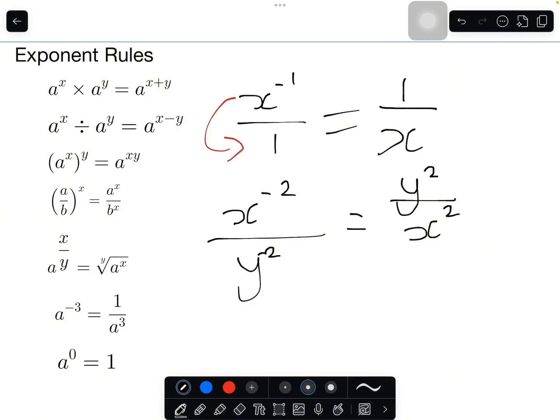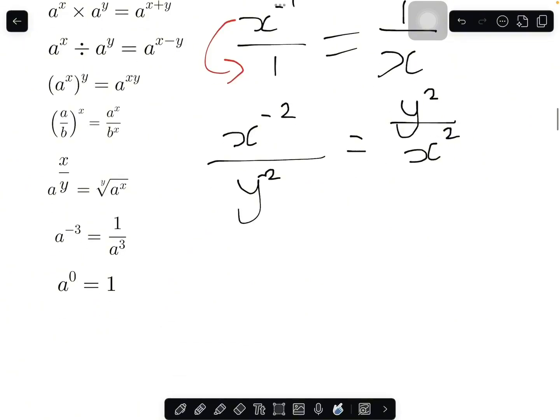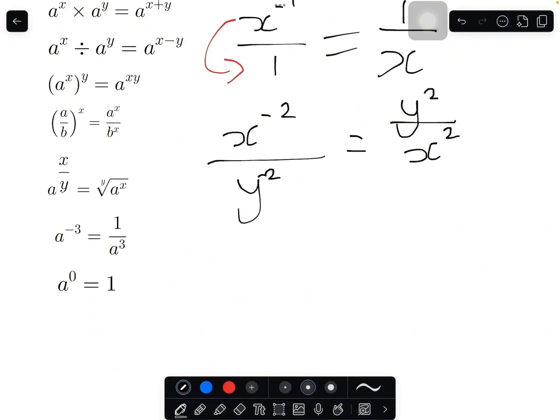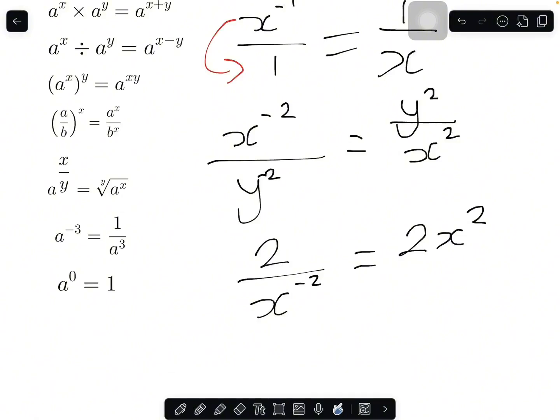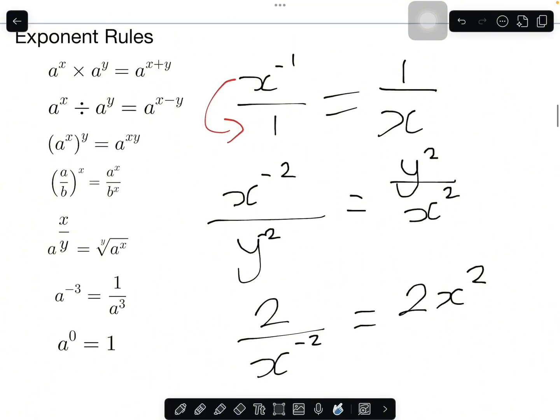Are you guys starting to get the idea here? So if I had 2 over x to the minus 2, that's just going to be, this 2 is going to stay here, to the x squared. Okay, so it's important you guys understand this principle. We are also going to be using it. And then finally,